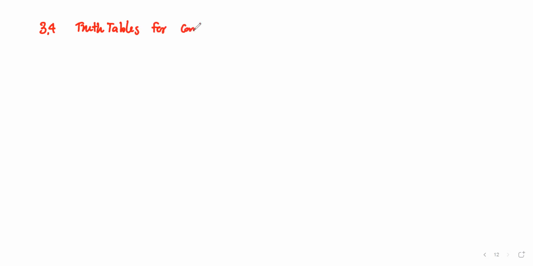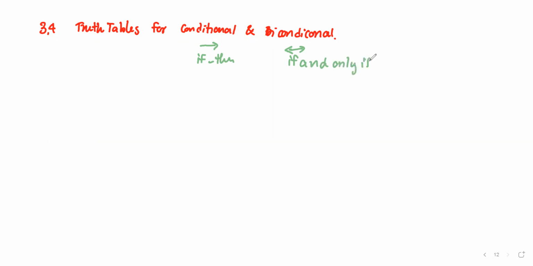So truth tables, but this time for the next two connectives, conditional and biconditional. Conditional means if then, biconditional, if and only if. So this is if then, this is if and only if. Sometimes we use the short term like IFF. Okay, so for the truth table